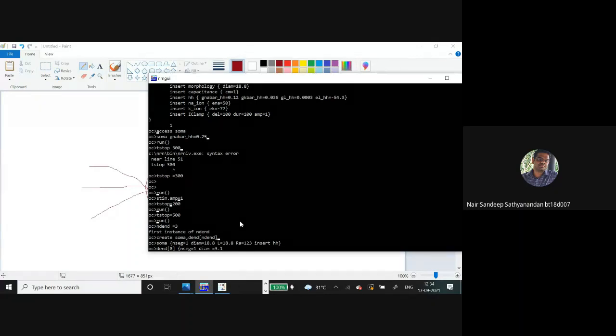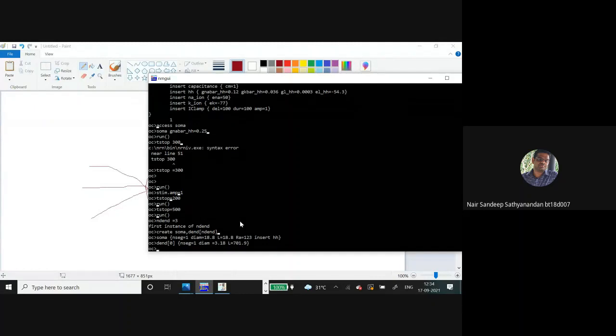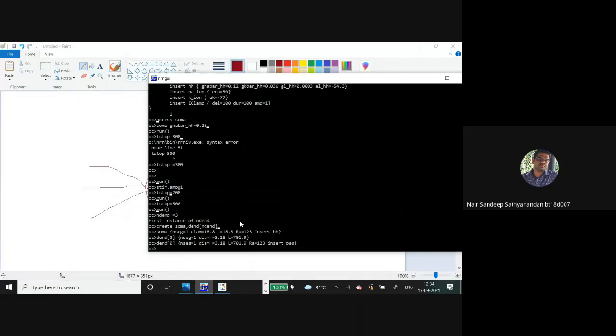For the dendrite parameter, the radius will be quite small, the diameter will be quite small. We can also include the resistance property, so this is a passive signaling component. Passive properties are added here.